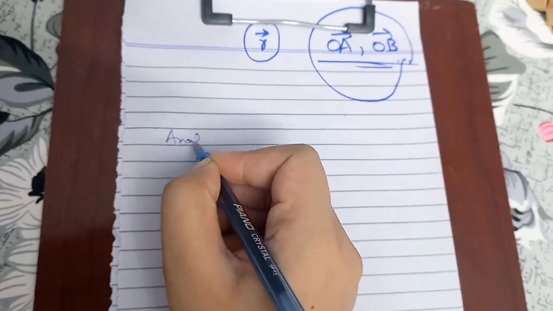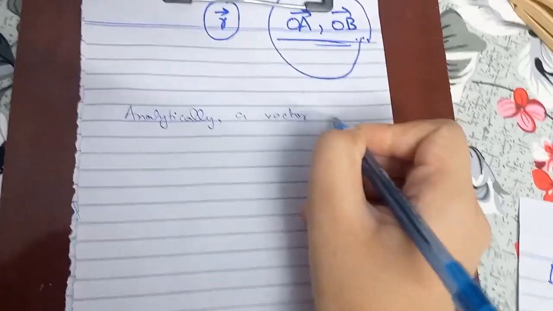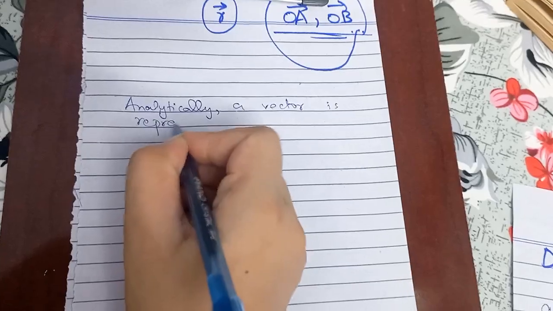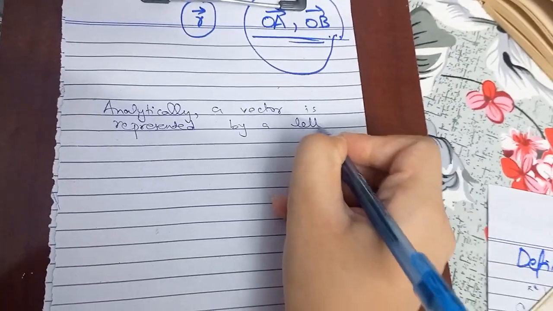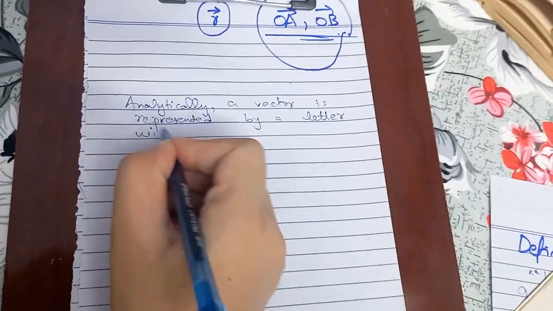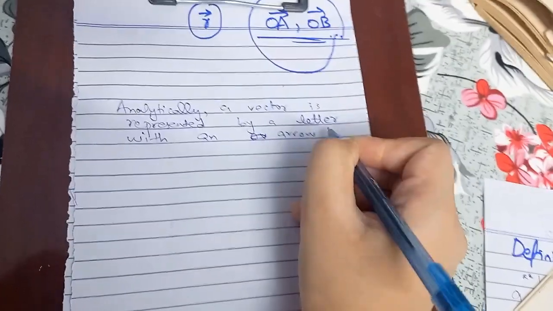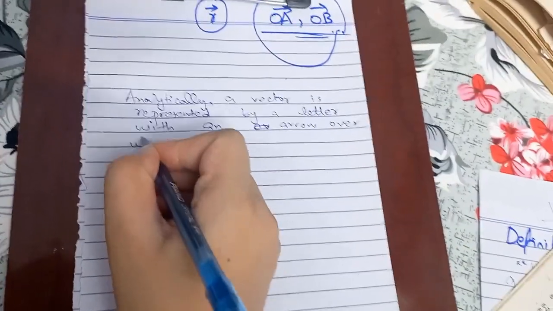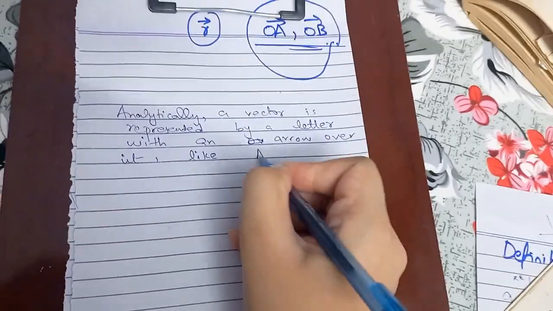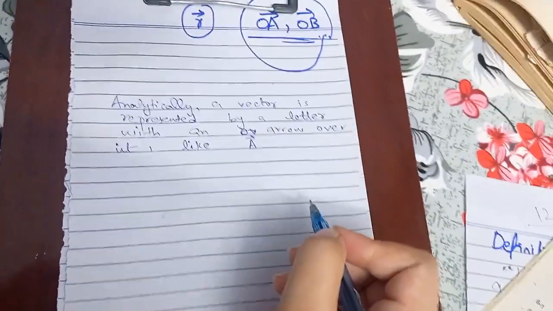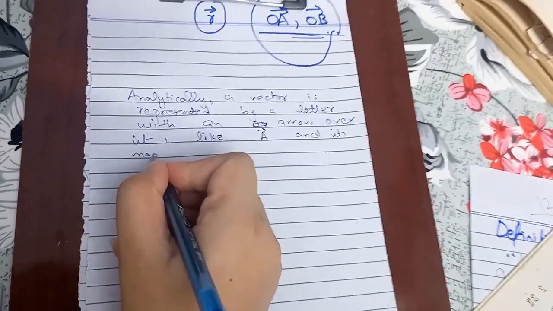Analytically, a vector is represented by a letter with an arrow over it, like A with the arrow over it, it shows vector A, and its magnitude,